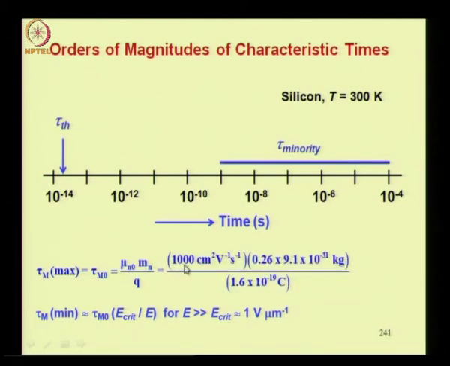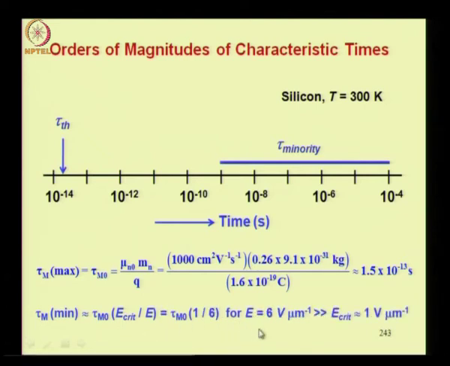Let me use the value of mobility equal to 1000 centimeter square per volt second, which corresponds to doping level of about 10 power 16 per centimeter cube of phosphorus atoms in silicon. So this multiplied by effective mass, which is the conductivity effective mass, that is why the factor of 0.26, divided by q, this results in the value 1.5 into 10 power minus 13 seconds,